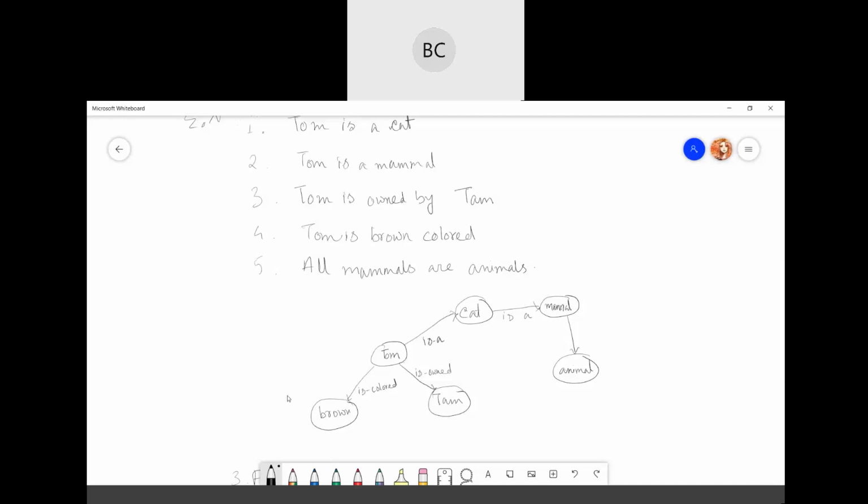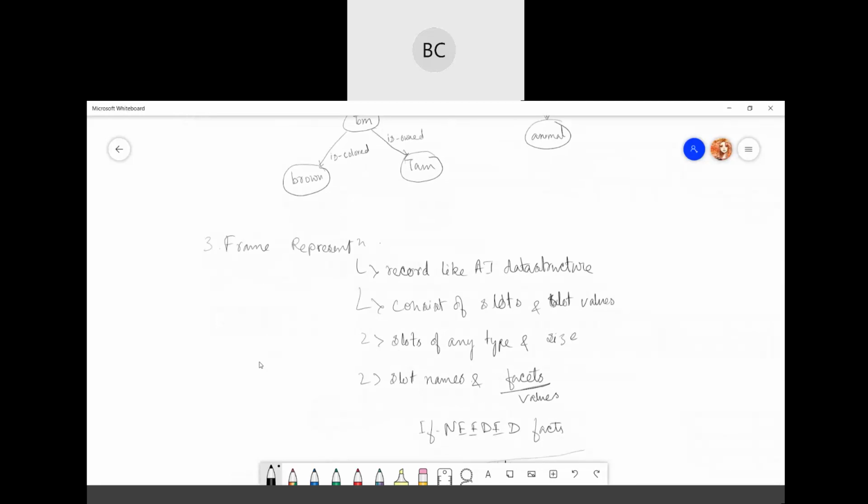Then after this, we have frame representation. Frames are like an AI data structure. It mainly consists of slots and slot values. Every slot has a name, and the values are called facets, or sometimes fillers.